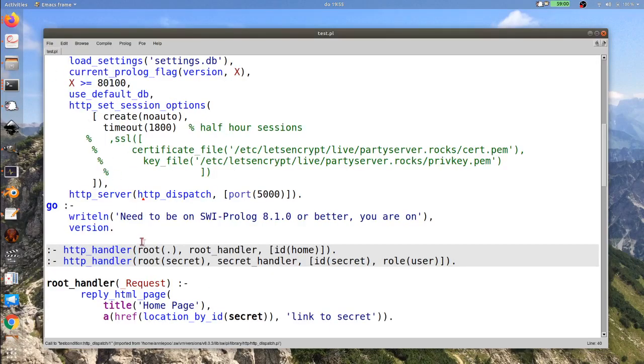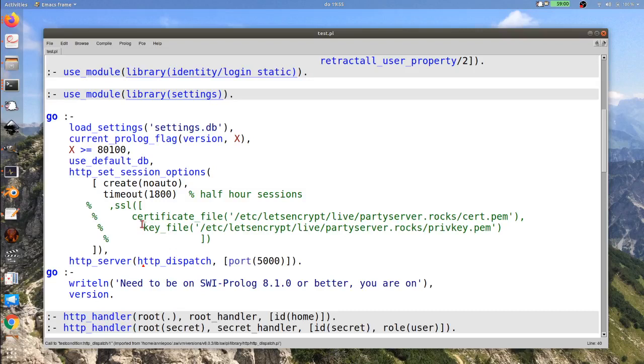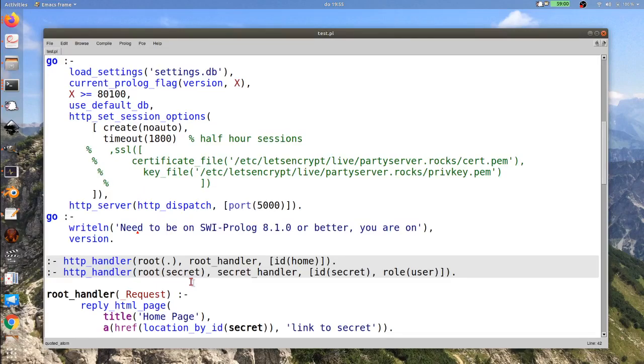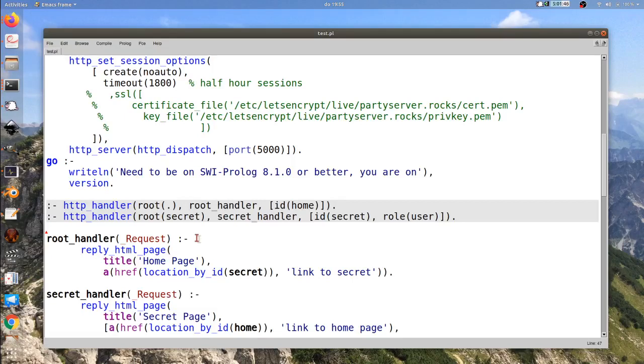And if it falls down, it kind of blindly assumes that it's because you weren't on a high enough version of SWI-Prolog, so it gives you a warning for that. These next two lines are directives, and in these cases, these are directives that set up HTTP handlers. So you'll notice here we call http_handler. This is just the root path, that's slash, and then this is the root handler, which